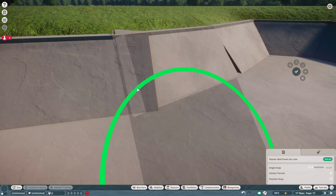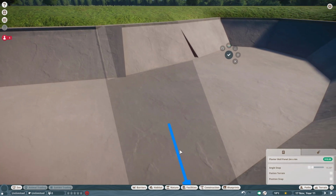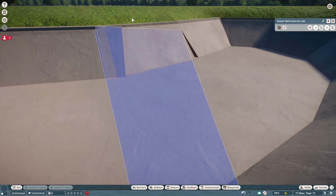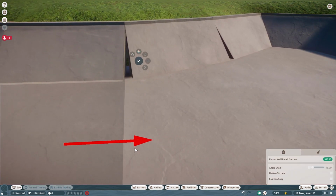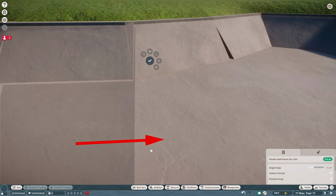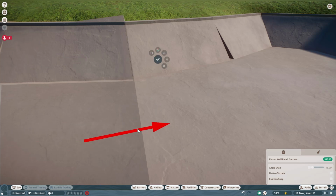It looks like the top's slightly out there. Pull it over a little bit more. And pull that bit over. There we go, that's pretty much right. Drag that bit down to meet the base, and then we can do the same for this piece. So this piece will be easier because we've already got the bottom angle done. So if you do the same again, meet the base, try and get the right angle there